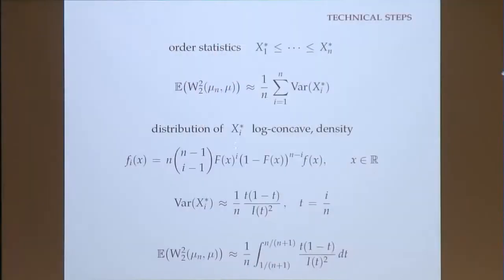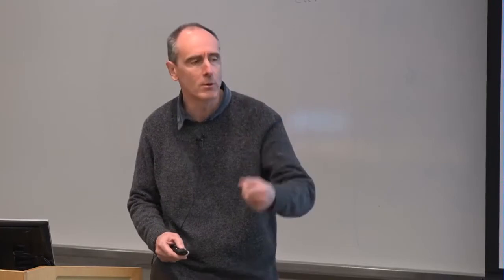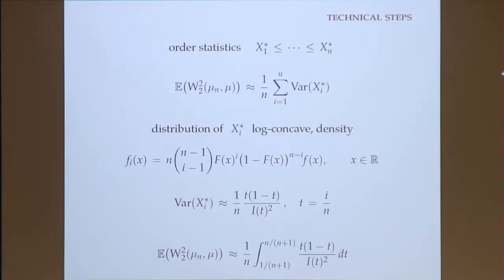One important point is that if you start with independent IID random variables with a common log-concave distribution, the i-th term in the order statistics is also log-concave, has also a log-concave distribution, which comes from this expression here. And once you have a log-concave distribution, it's possible to do careful computation on the variance, and you end up